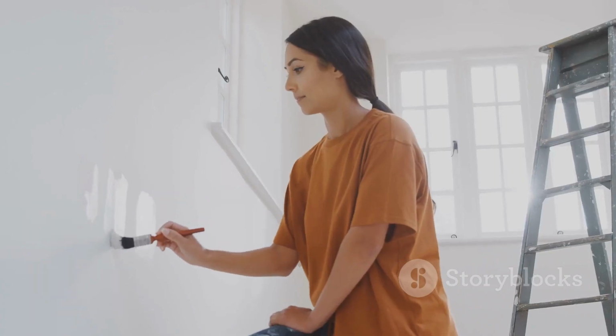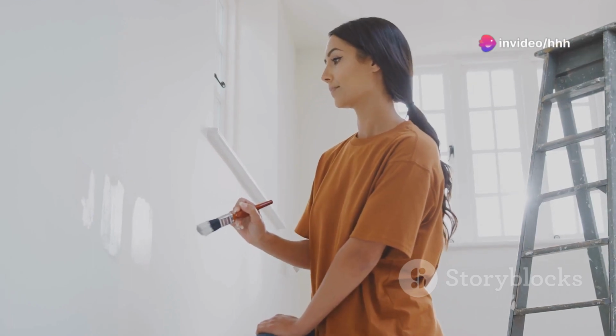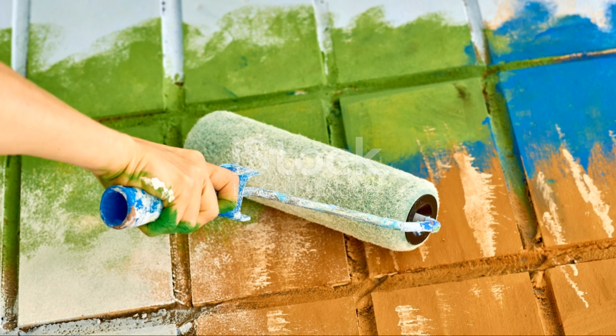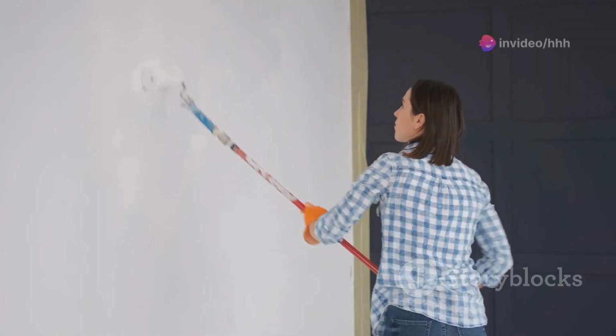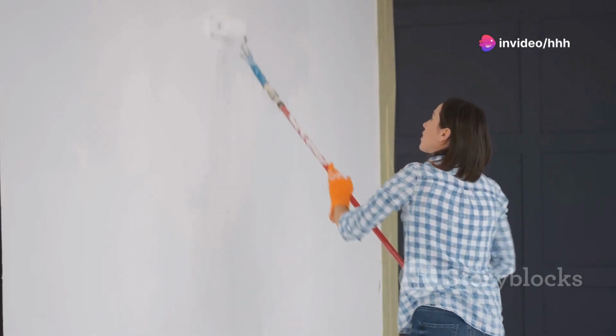Don't be afraid to experiment with different shades and finishes to find the perfect match for your space. Matte finishes offer a velvety, smooth look and help to conceal imperfections, while satin finishes provide a subtle sheen and are easier to clean. Semi-gloss and gloss finishes are highly durable and reflect light, making them ideal for trim, doors,